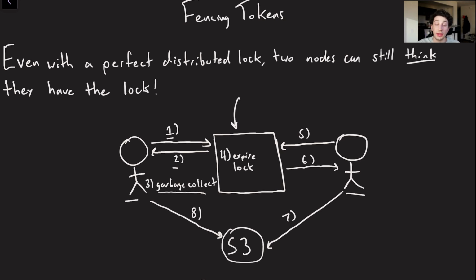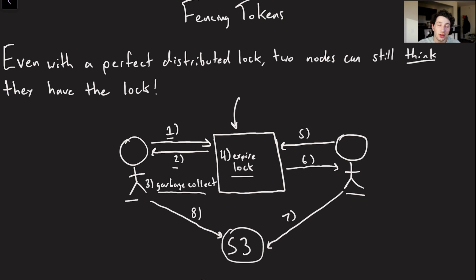Now, if you're familiar with the Java language, you might know that depending on the garbage collection algorithm that you're using, it can actually literally stop everything in that program. It could be a stop the world pause. And so this guy might look to be completely dead for a few seconds at a time, so much so that in step 4, our distributed lock says, you know what, I think this node is dead, I have to